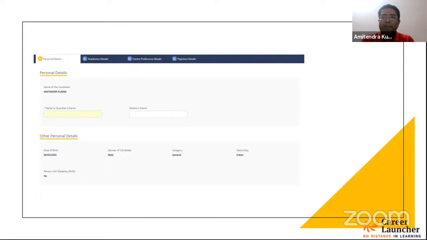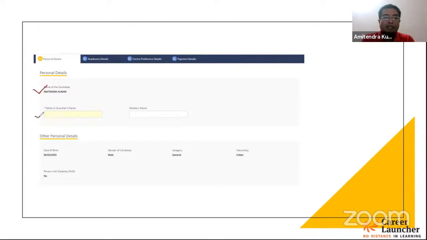So very simple form, I would say, बहुत ही simple सा form है. You'll face no problem while submitting your details. Few aspects where you need to have some clarity and your documents ready actually. So I'll be talking about that. So when you talk about the personal details, your name actually appears pre-filled from the registration form. So अभी आपने जो register किया, your name will already be there as far as the online application form, which is the second stage in the application process. So your name will come pre-filled.